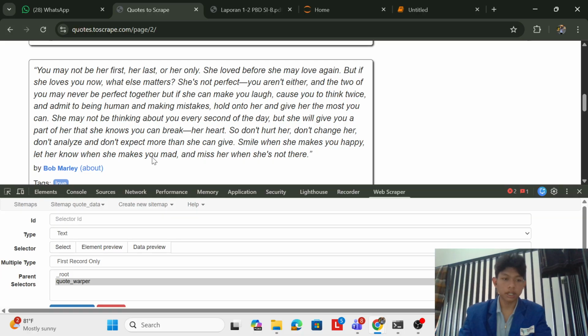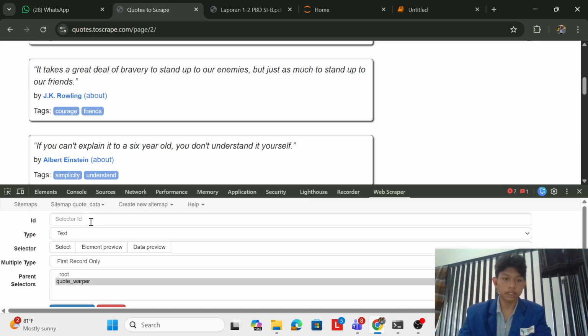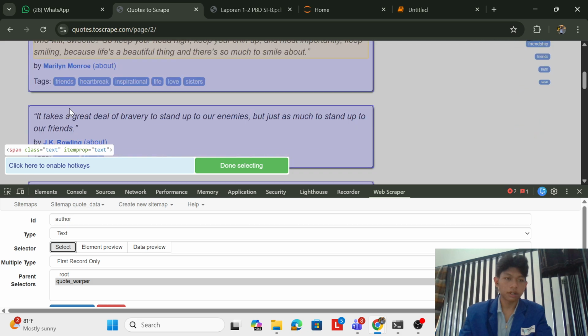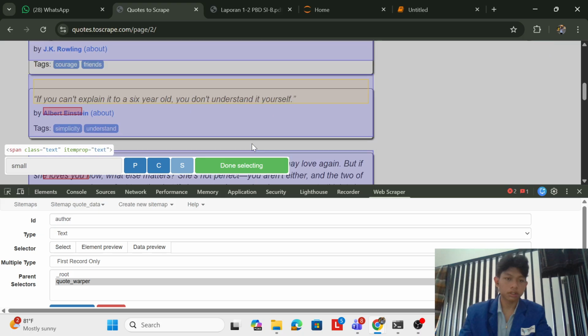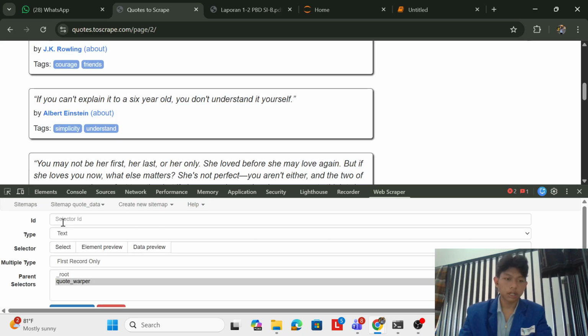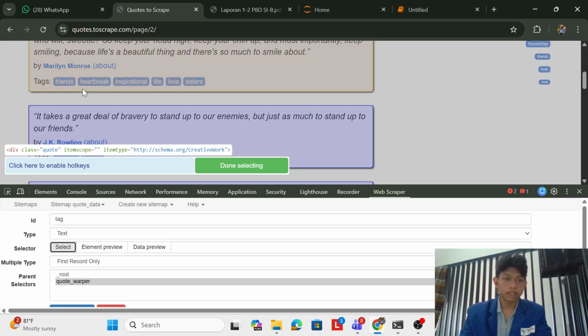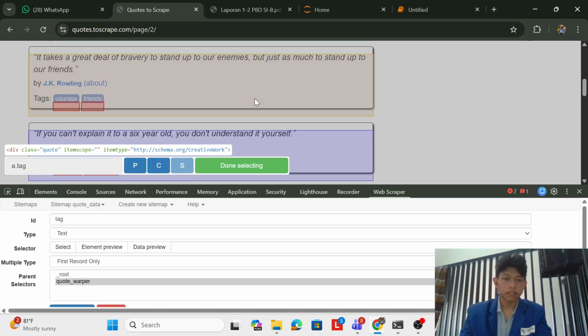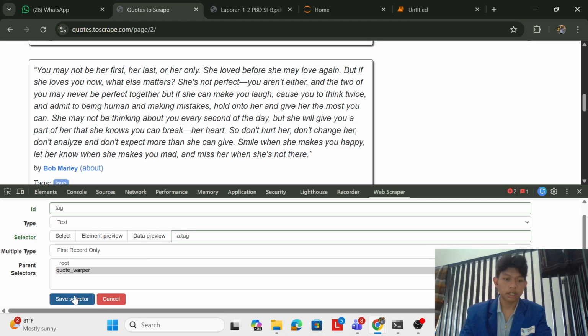Add new selector again, and I'll name the ID author, type text, and select the author name, click done selecting and save selector, and add a new selector again for the tag. I'll name the ID tag, type text, and select this tag, and click done selecting and save selector.